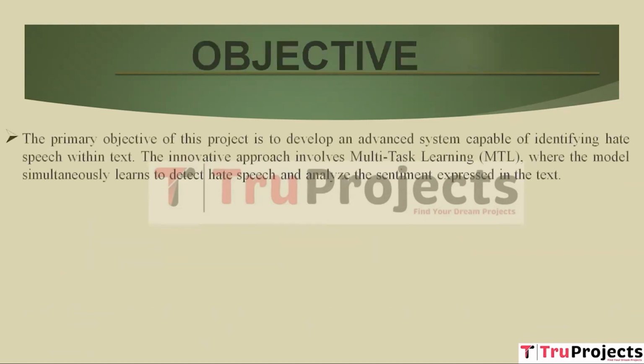Objective. The core objective of this project is to create an advanced system proficient in identifying hate speech within textual content. To achieve this, a novel approach involving multitask learning (MTL) is employed. MTL allows the model to learn two essential tasks simultaneously: detecting hate speech and analyzing the sentiment expressed within the text. By jointly learning these tasks, the model gains a comprehensive understanding of the text, improving hate speech detection accuracy